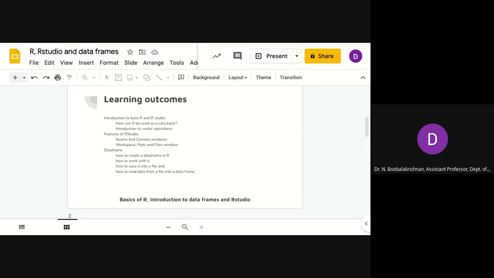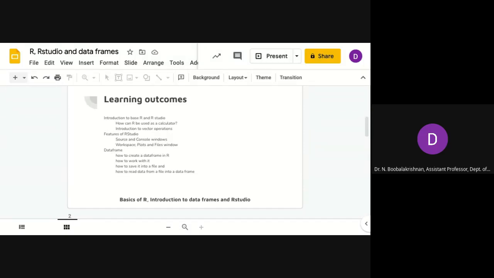For example, if you're preparing a survey, you will be collecting data through Google Forms, and once the form is over, you will get those responses as an Excel sheet, in any format, XLS, CSV, comma separated values, or tab delimited. There are various formats available. The structured data is known as the data set, which we call technically the data frame.